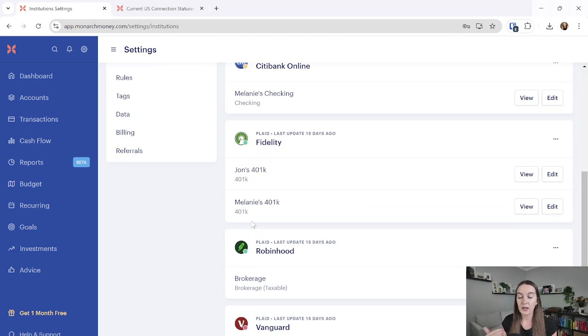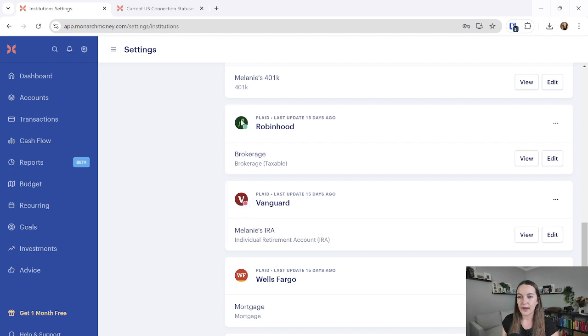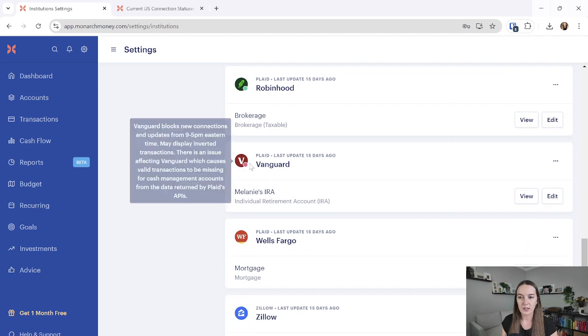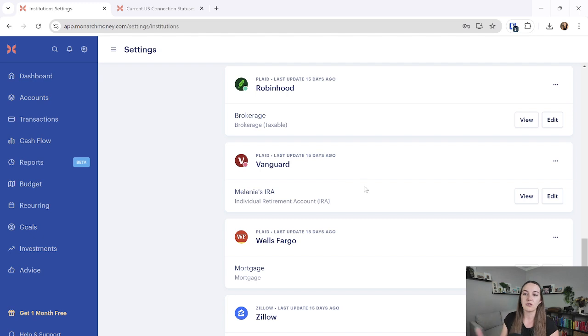Fidelity is doing great, but there's lots of smaller institutions that do have some issues come in and out. And you can see that where it's red or green, it'll tell you if there's any issues that should be known. If you hover over it, it'll tell you what issues might be known. But if your investments are not getting connected, honestly, I would just recommend, even if you keep re-entering the credentials